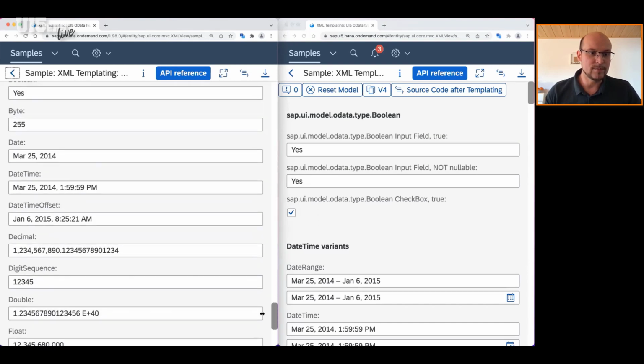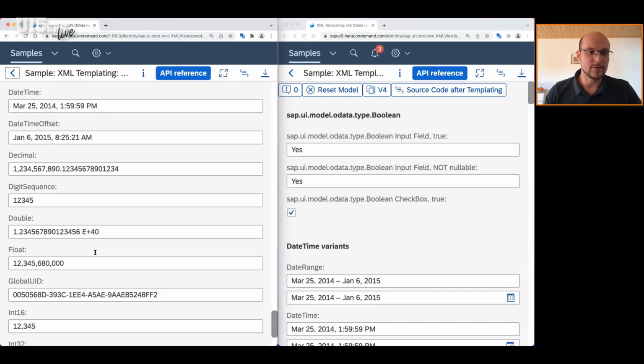And I'm just scrolling down to the float. The float typically shows it best because it has the grouping separator and the decimal separator. Typically they are different. And in the old behavior, here you see a number in the English format, so the decimal separator is a dot. 1.43, it's nicely taken.